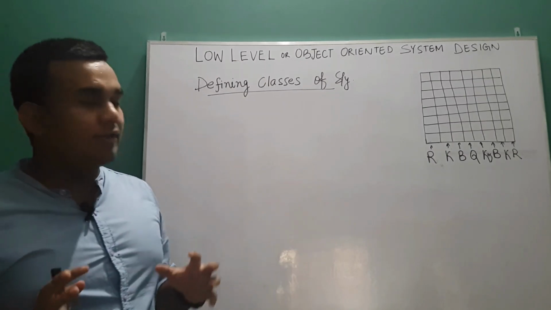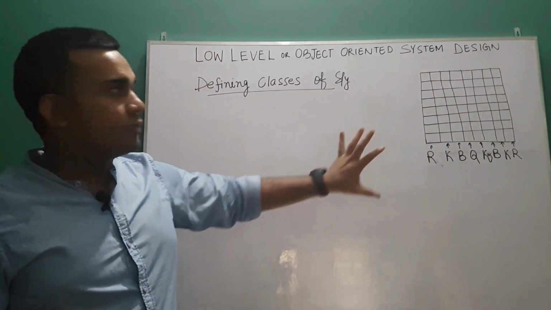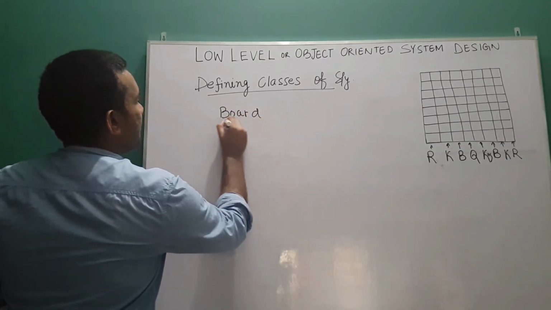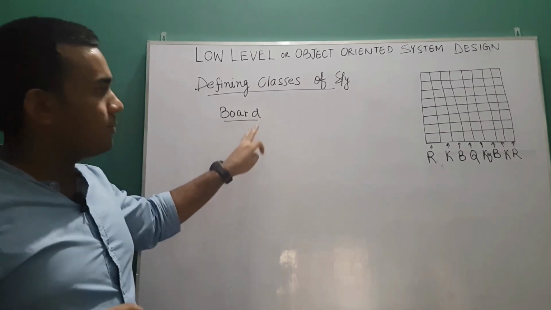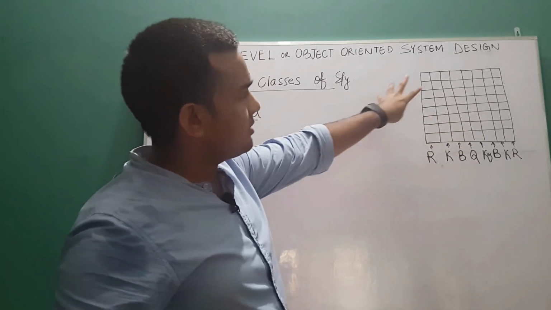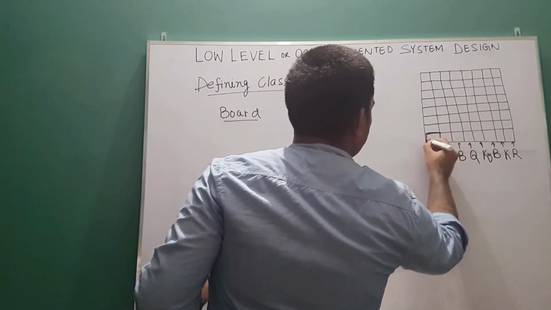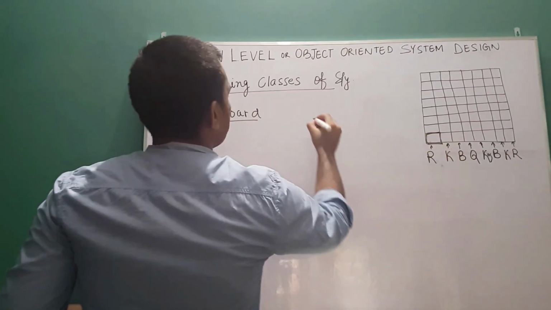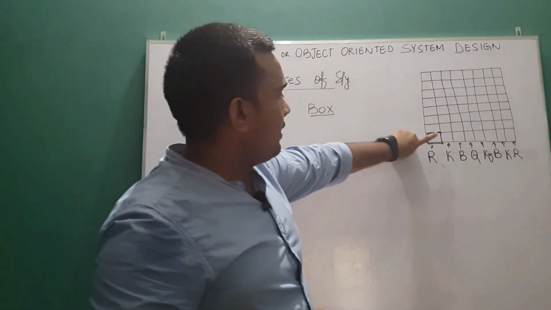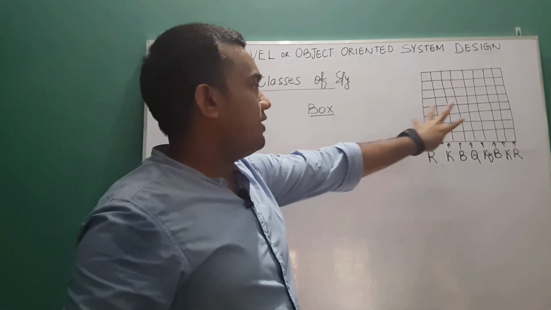So for example, here there is a chessboard, so obviously there will be a class which will be a board. So we can write Board, there is nothing more to it, right? Board class will be there. But how is this board created? There is one more small entity. If you observe this particular board, it has 64 boxes. So the smallest entity I found is Box. So you can write here Box. And what will Box have? If you see that there are 64 boxes, every box will have its position.